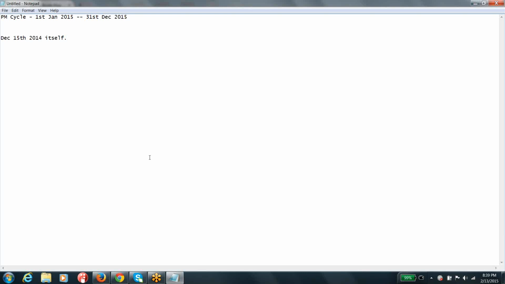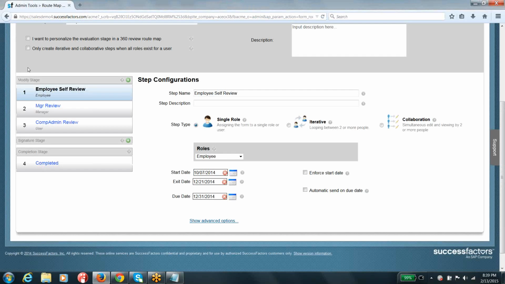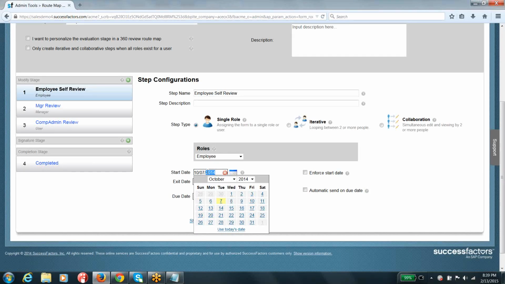To meet his deadline, he might be launching the form before the starting of that particular cycle itself. But whether the system should allow you to start your work: the form has been available with you, it has been launched to you. Whether you are supposed to work on the form from December 15th or not is going to be decided by these settings. So when you have to start working on the form is like this.